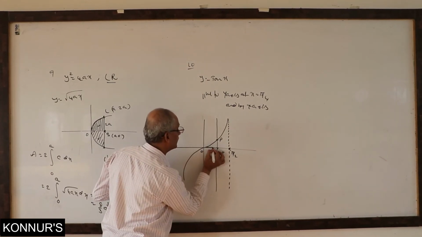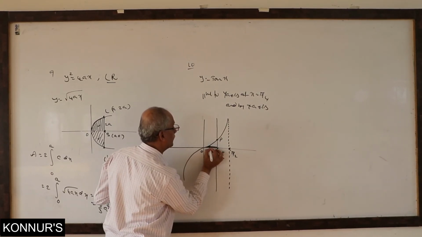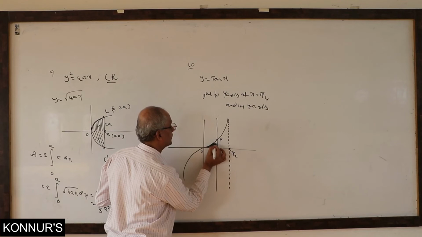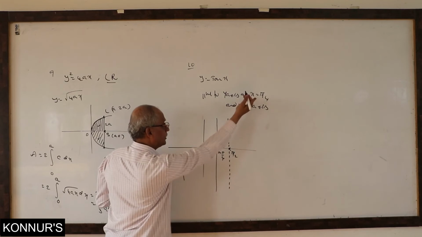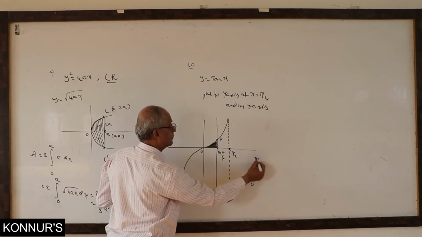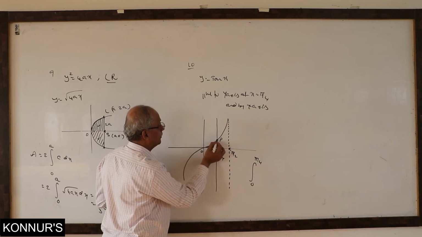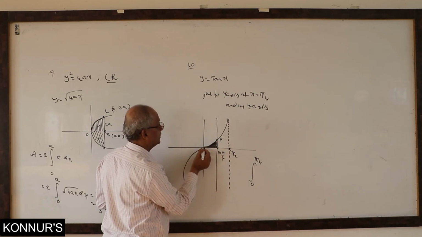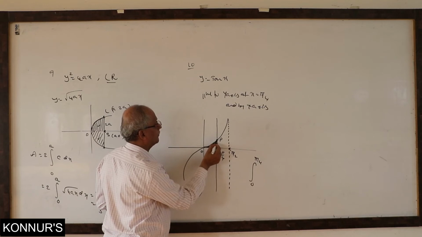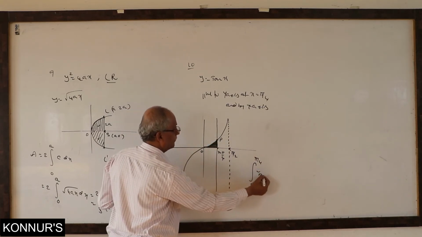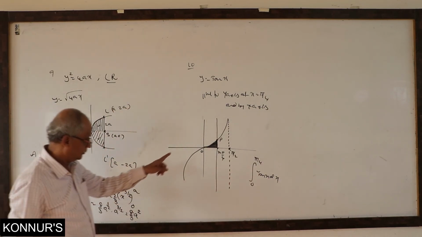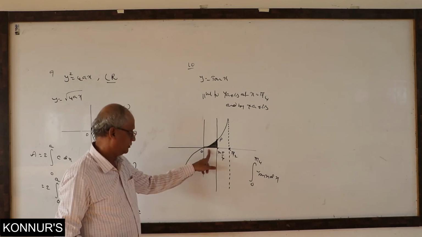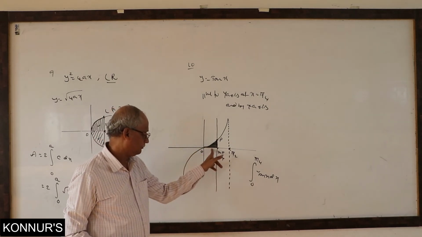Therefore, he is asking for this area. What are the boundaries or limits of x, since it is bounded by the x-axis only? We need limits of x. Clear? He is only giving a is 0 to pi by 4. What is the curve here? This one. What is this curve function? Tan x. That is the reason: do start with the diagram. You can get the complete picture from the diagram.